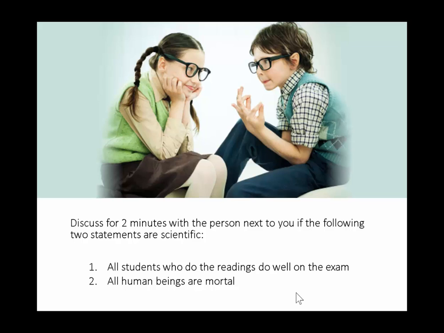That's a scientific statement. Why? Because I can disprove it. You just need to go to the graveyard of my grandma, you know. And I've disproven it. My grandma died a while ago, yeah? So don't be sad for me. But the reverse of it, all human beings are mortal, cannot be disproven.